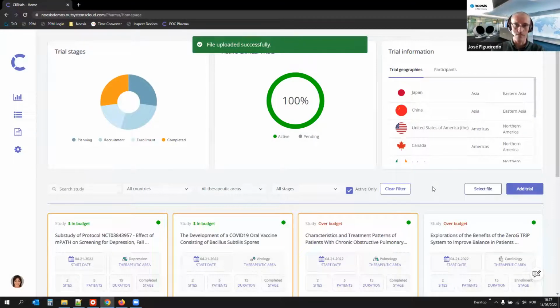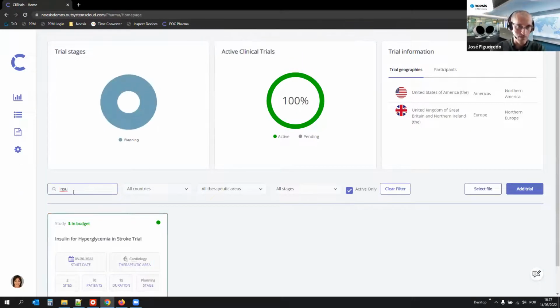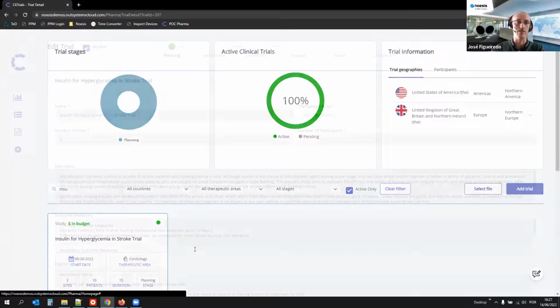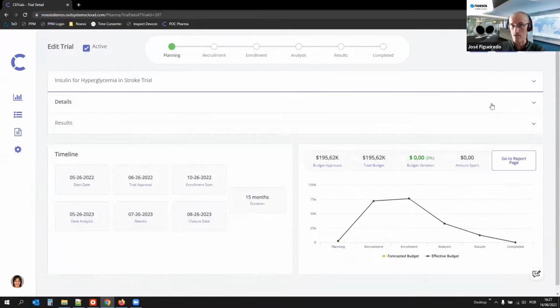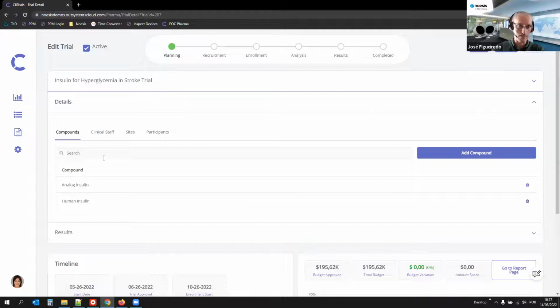All right, they were created. Let me take one of them, for example, the insulin one. So I'm on the first stage, the planning one. This is where Samantha will fill in all the relevant information about the trial, all the descriptions and so on. As you can see, it's basically the same information that we saw on the other clinical trial, but let's do